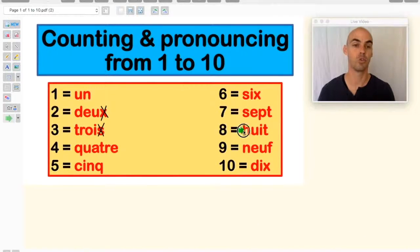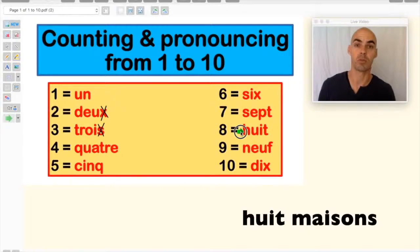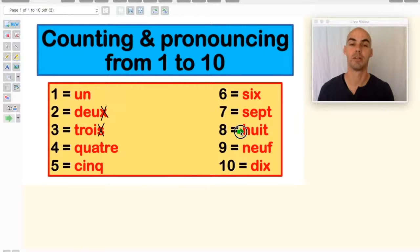Same with 8. You won't hear the T at all when it's followed by a consonant. So most of the time you won't hear it. The H is silent. And so you will say 8 personnes, 8 people. 8 maisons, 8 houses. 8 voitures, 8 cars. 8 tables, 8 tables. D'accord? 9, you do hear the F. Okay,